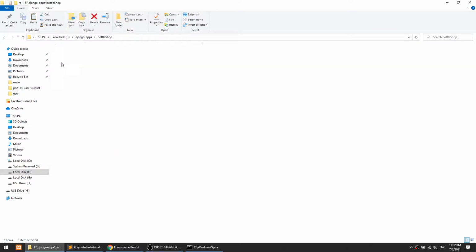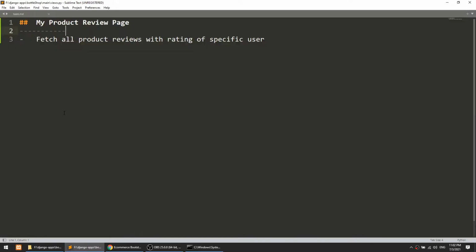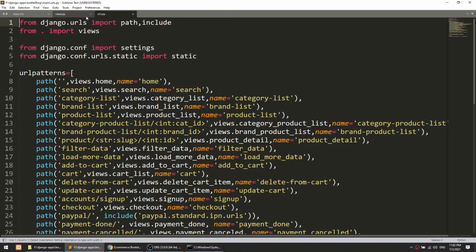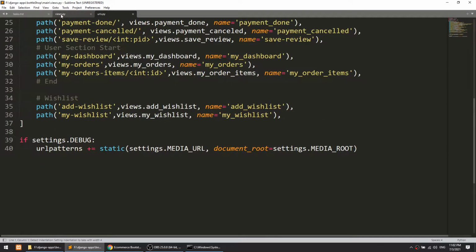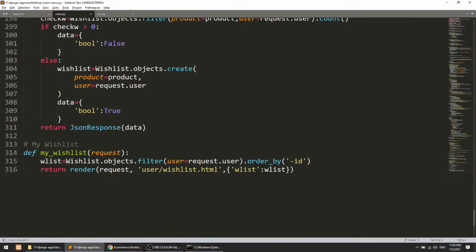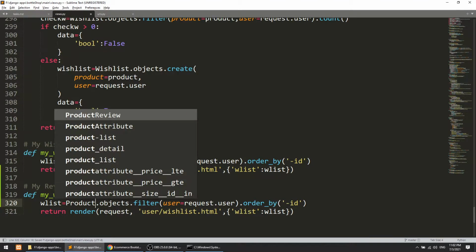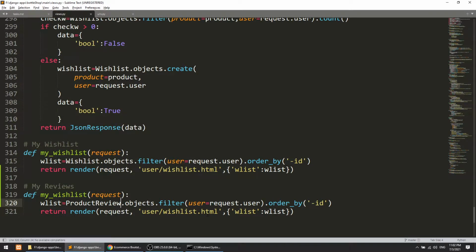I will open the main app and open the urls.py and views.py files. Let's create the views first. I will word wrap this, go to the wish list view, and copy it. I will paste it here as my reviews. Here it will be ProductReview, and the user is this, ordered by id descending.